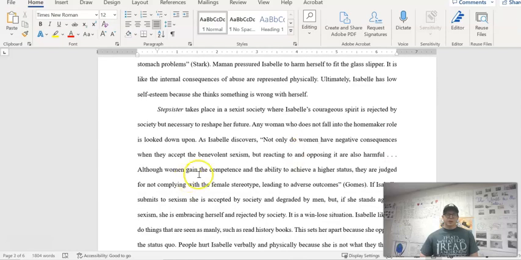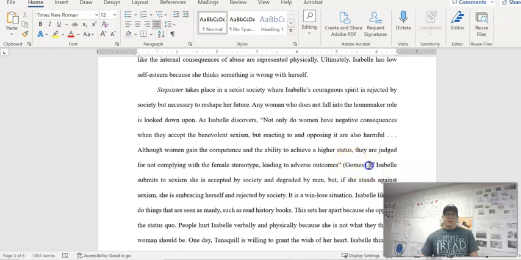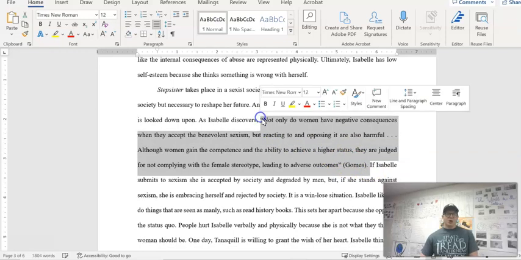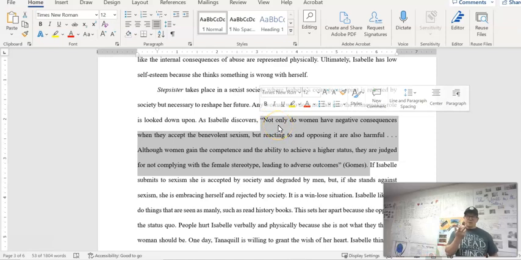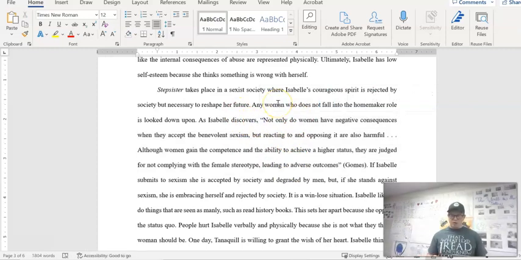All right. Next paragraph. As Isabel discovers, not only do women have negative consequences when they accept the benevolent sexism about acting imposing, harmful, and so on. Okay. Now this quote is long. It's a little too long. It's 3.5 lines. I don't normally want people to use quotes this long. If you're going to use a quote that's over 3 lines,